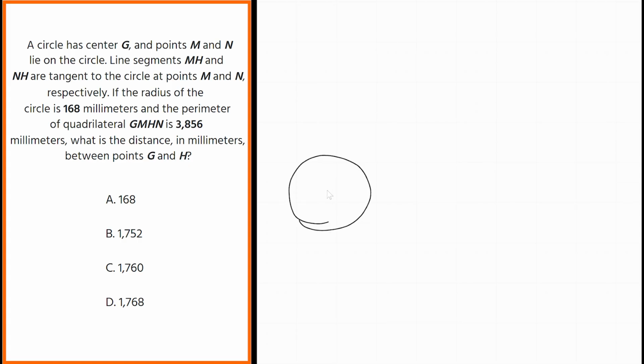So here we have our circle, and at the center of that circle is point G, as we've talked about. There's two other points on this circle, point M and point N. And then there's two line segments that come out from the circle at a tangent. And those line segments are MH and NH, which means they both meet at some fourth point H. So we can kind of draw this out. We can draw a tangent line out from M and another tangent line out from N and have them meet at a fourth point